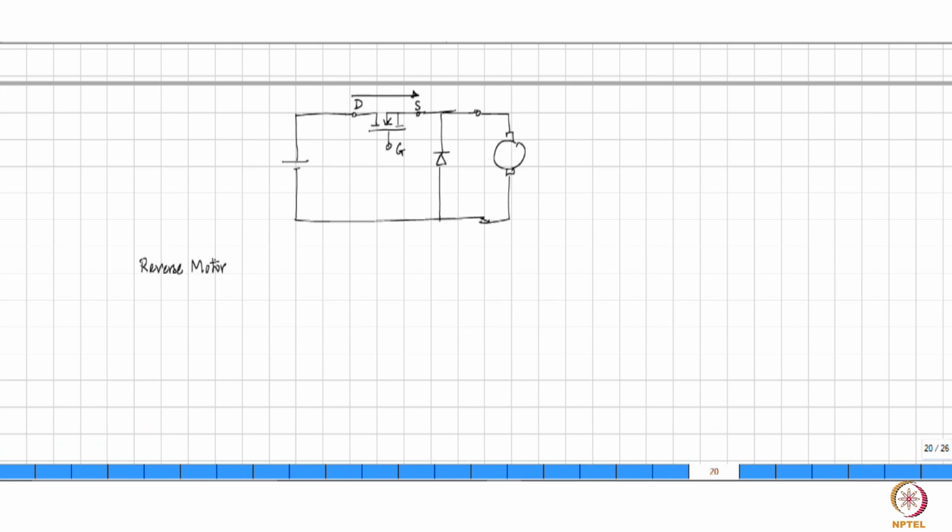If you have a robotic arm that is going to pick up an object and place it somewhere, that arm has to go back, otherwise it can't take the next object. If it has to go back, then all the operations will have to reverse, which means all motors have to perform exactly opposite of whatever they did, and which means that they now have to rotate in the opposite direction. So, how do you make this motor rotate in the opposite direction? Apply reverse voltage. So, to reverse the motor, what you need to do for the DC motor is apply reverse voltage.